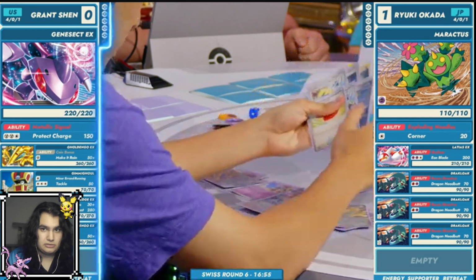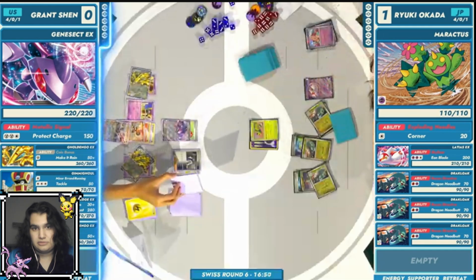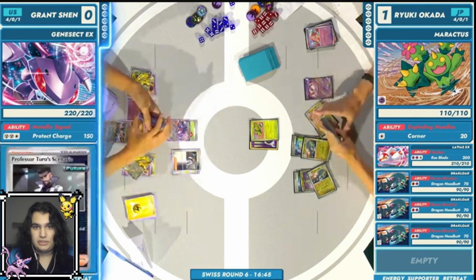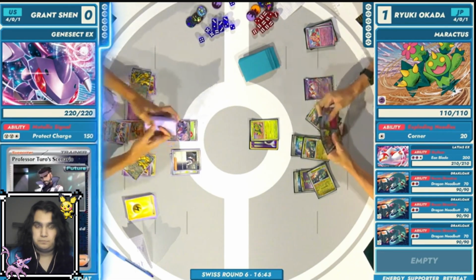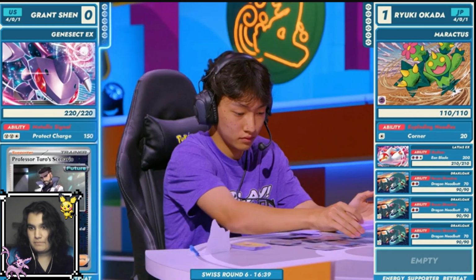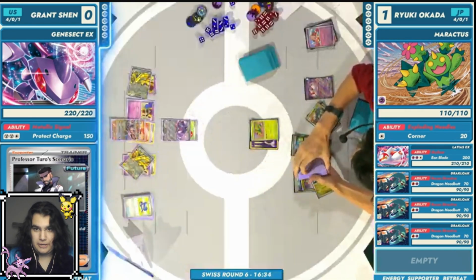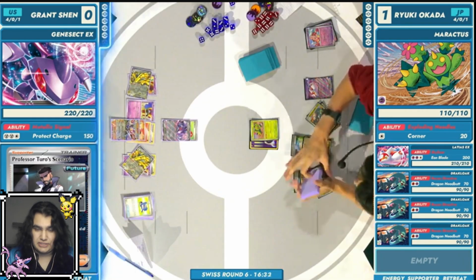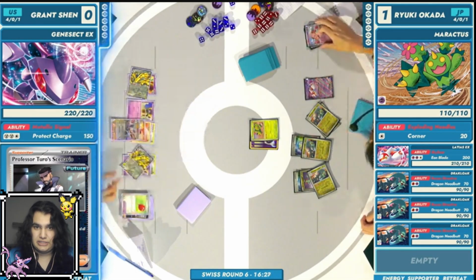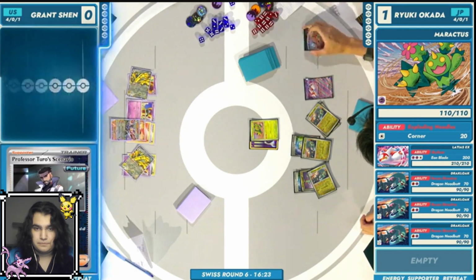Cypher? What did he grab there? Okay. Turo. So there is a second Turo, but he is going to have to use it right here, right now. But Ryuki did lose some momentum here by doing that. He also gained some, right? He got some energy, more energy down. He's going to get to put 60 damage on the Pokemon that knocks out this Maractus. Probably going to be Ceruledge,